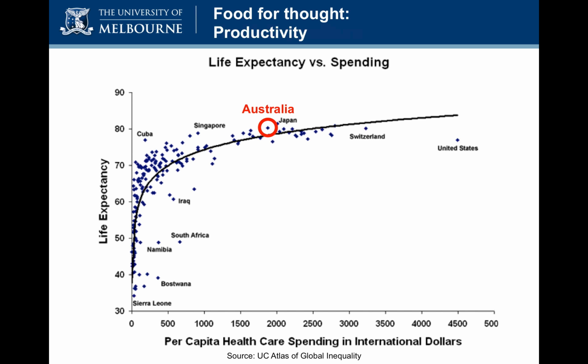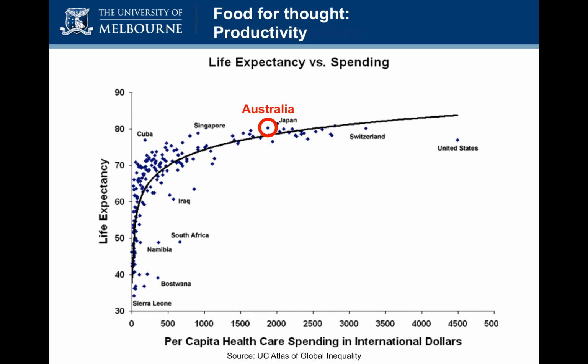What you can see here is that there is a clear association between per capita expenditure and life expectancy, where countries with relatively low life expectancy also generally have low per capita expenditure. As per capita expenditure is higher, there tends to be